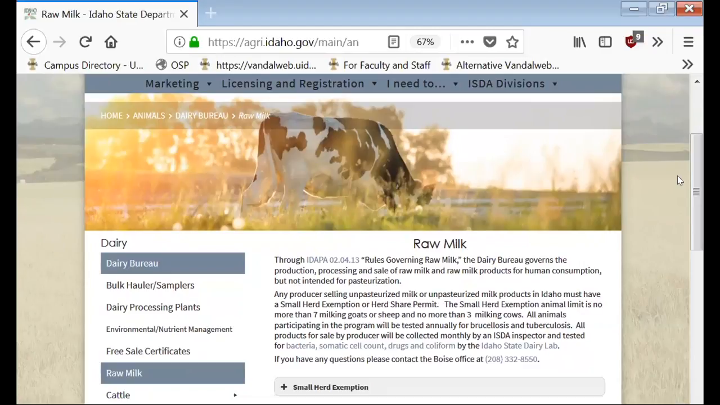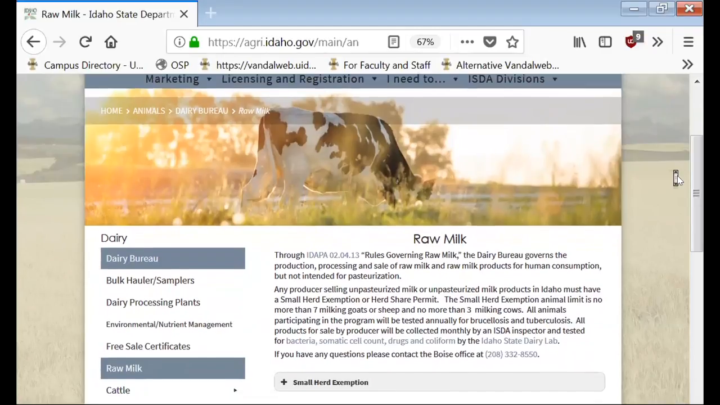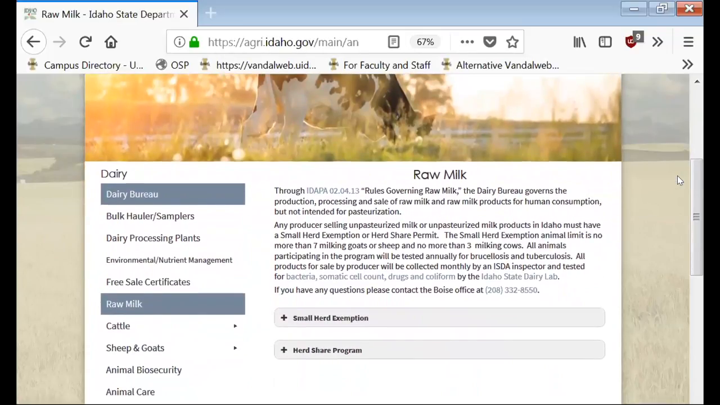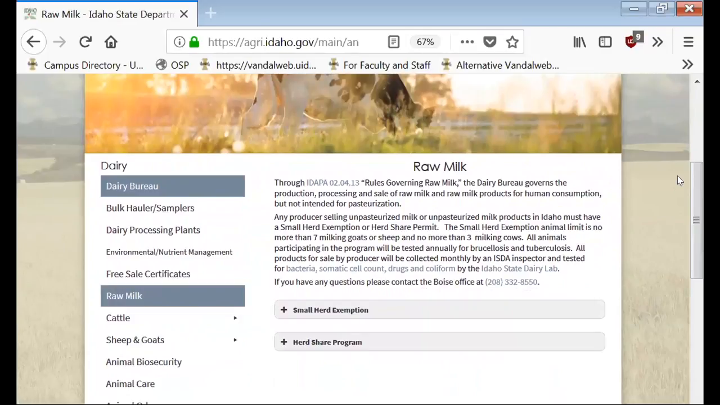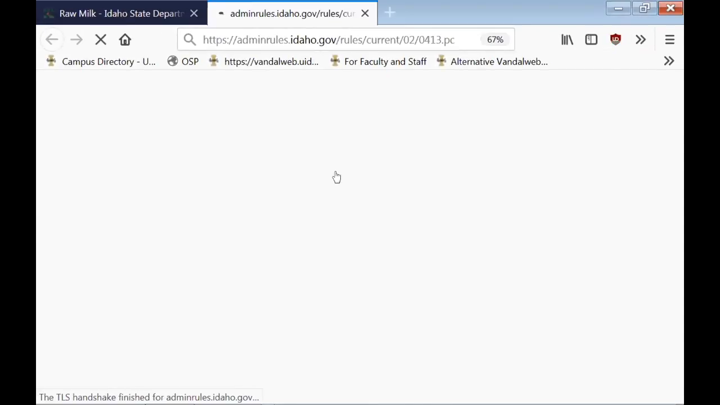So looking at the ISDA website, there is a description of raw milk, and embedded in this website are a number of links that I'd like to take you to, because all of them are important for you to be able to understand. And what I'll do is show you the tools first, and then we can look at some particulars. But if you look at the top, there's a link, IDAPA 02.04, etc. And if we click on that, we'll come to